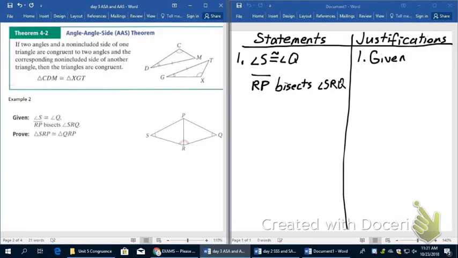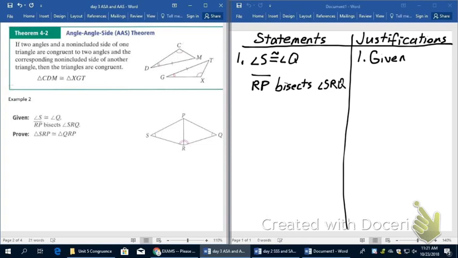And the last way that I'm going to talk about in this lesson to show that triangles are congruent is the angle angle side theorem. What that states is simply that if two angles are congruent, and the side is not between them, the triangles are still congruent. In this case you can see that DM is not included between the angles D and C, but neither is the side over here on this triangle, but these triangles are congruent by angle angle side theorem, so we'll abbreviate that